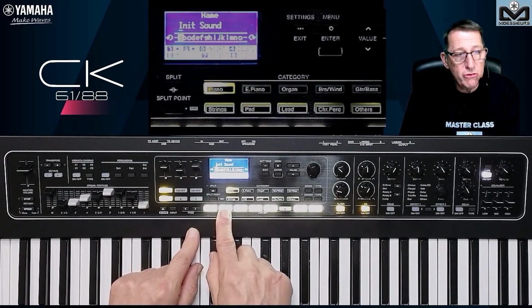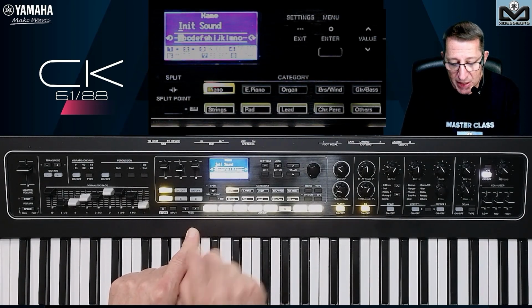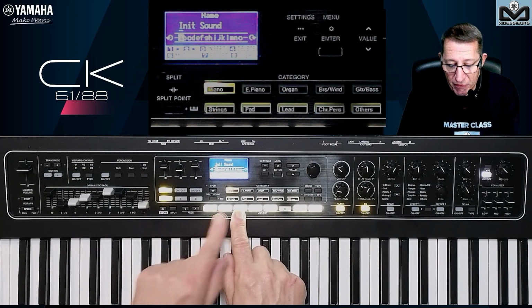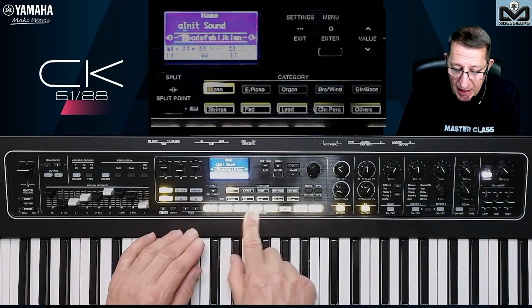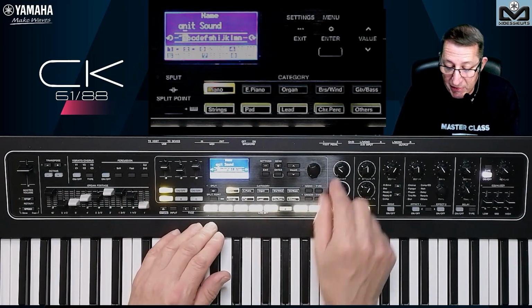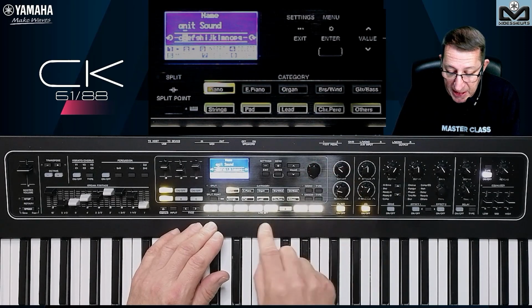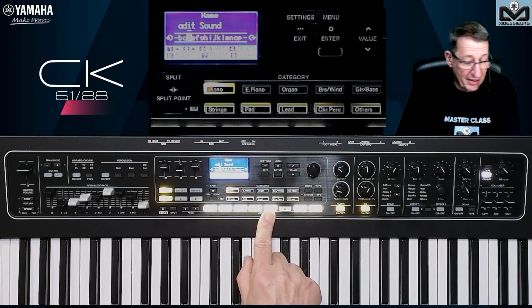So the 1 and the 2 here allow you to navigate through the letters you want to edit. The 3 will insert something, so insert before. The 4 will delete something. The 5 will modify. So if I go to the D up, I add the D. I can put edit sound as an example.